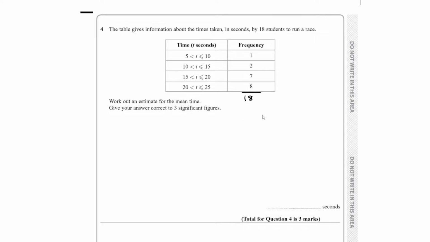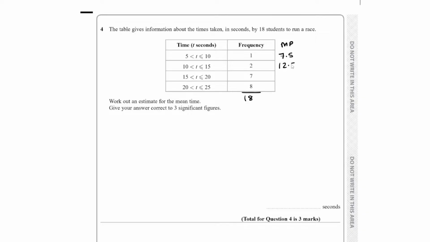So this is mean from a frequency table, isn't it? So I like to create 2 more columns. So I do the midpoint because we have to, that's where the estimate comes in, isn't it? We don't know, for example, the 8 people that took between 20 and 25 seconds, we don't know exactly what those points were, somewhere between 20 and 25. So the midpoint is kind of our estimate, isn't it? So